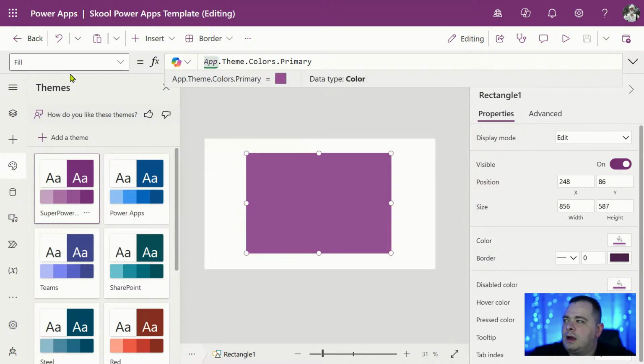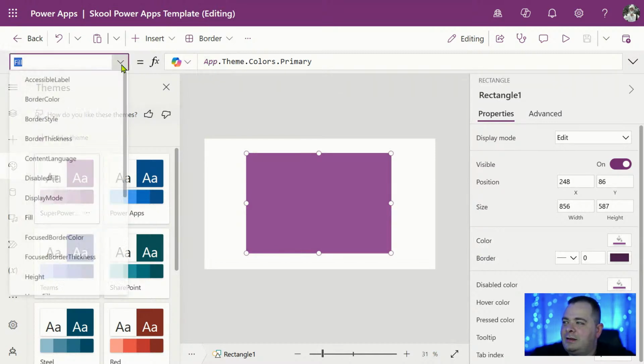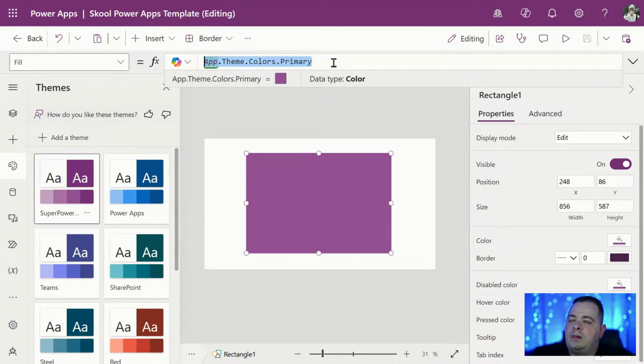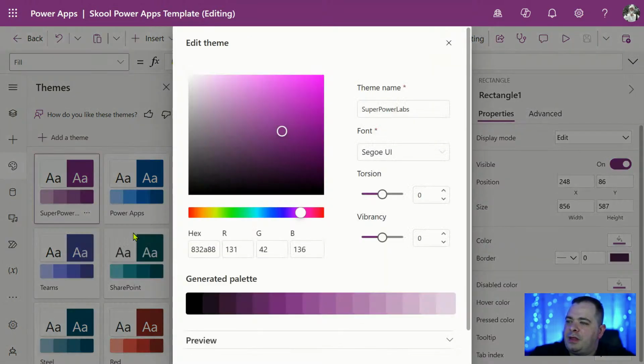Now, if I click on the word color over here, notice that it actually says fill over here. So fill is the actual name. And you see it automatically looks at app theme colors primary. The problem with the modern themes is you can only base it on one color. Now you've got all kinds of colors down here, but you really don't have too much control. I mean, you've got the torsion and you got the vibrancy. But if I wanted 6 colors in my color theme,